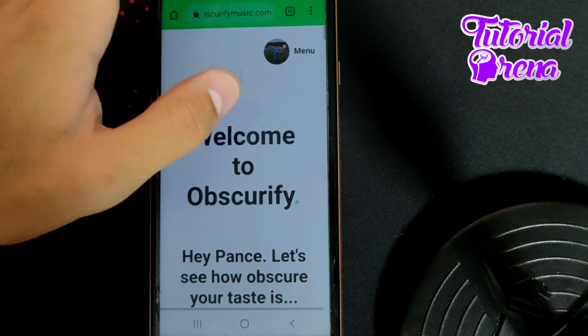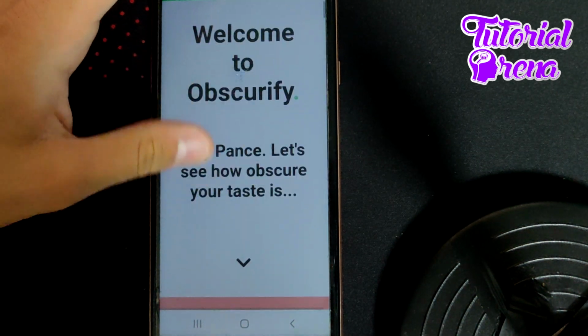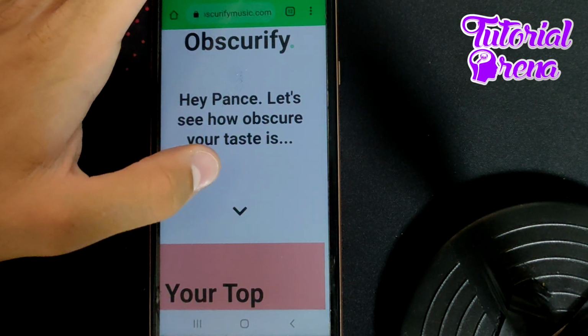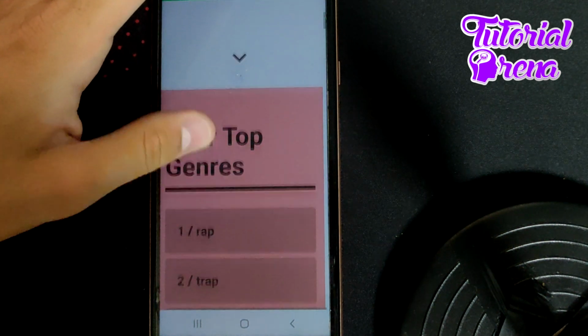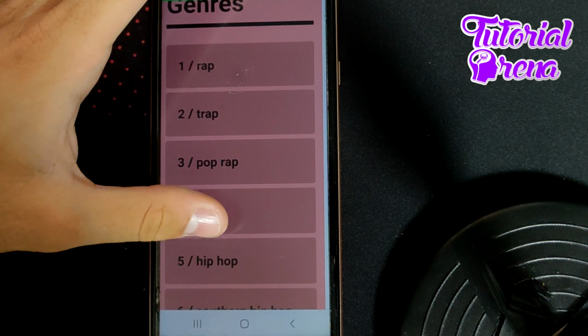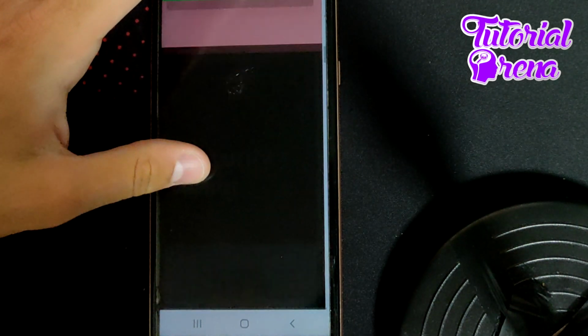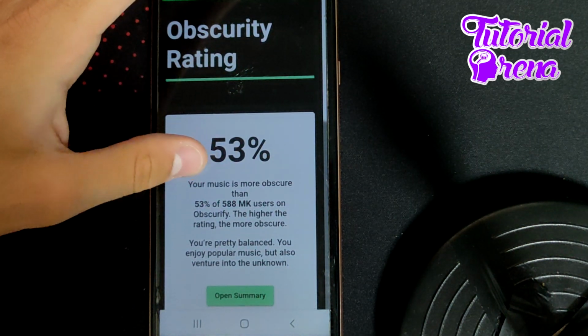Now as you can see, I have been logged in before, and this is why I'm connected right now. But firstly, you need to wait. You need to see which obscurity rating you have on your session. From here, if you scroll down, as you can see here, I have